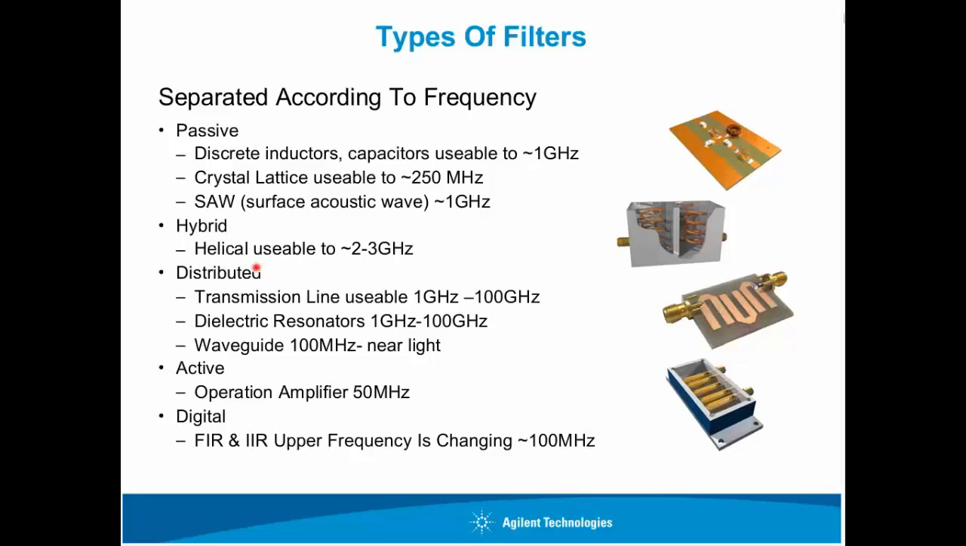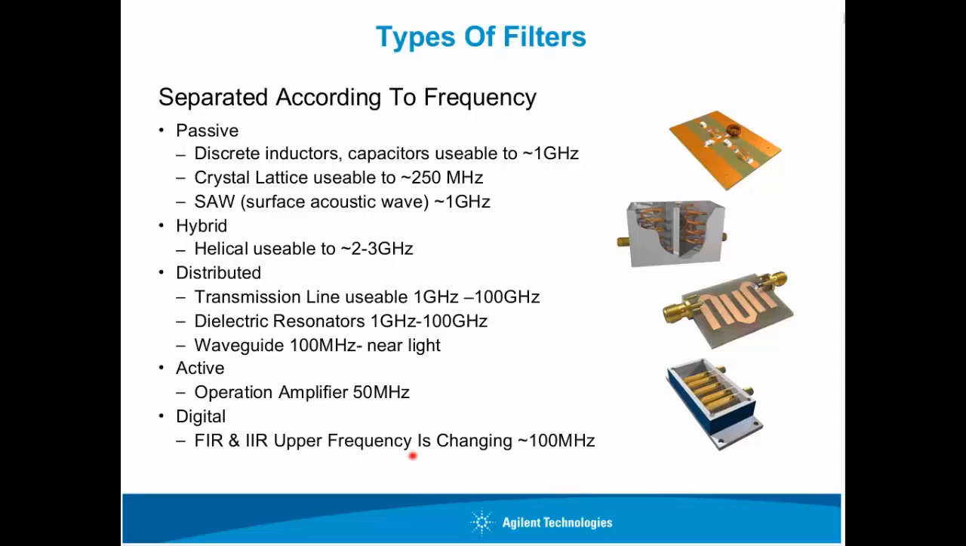But above 1 gigahertz, distributed filters are probably the most common and make up the bulk of applications up to near light frequencies. Included in this category are transmission line, like microstrip or strip line, dielectric resonator, and waveguide type filters. And then we have active filters, which are op-amp filters, and they are typically used at low frequency, such as audio or in power supplies. And then finally, digital filters, which include finite impulse response and infinite impulse response, and which are typically used for